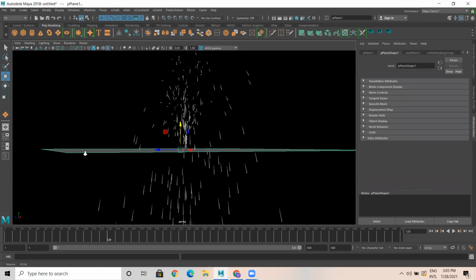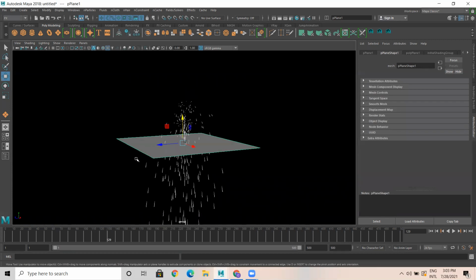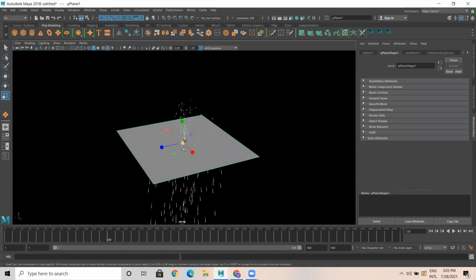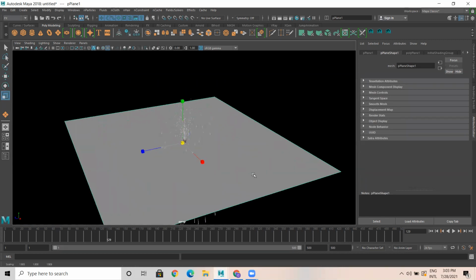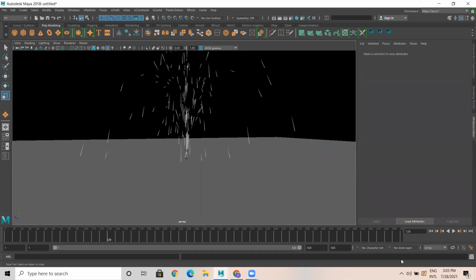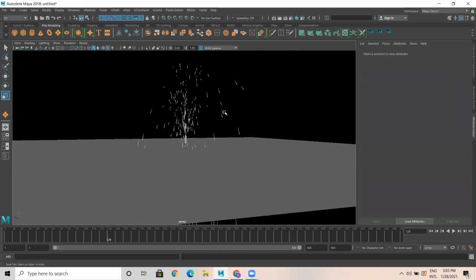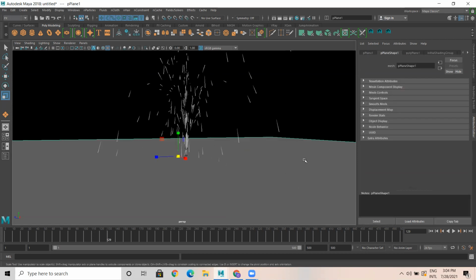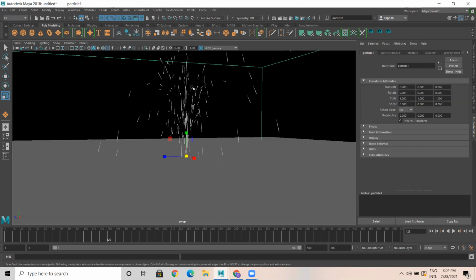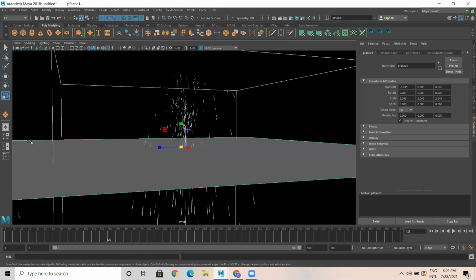So what I want is, when the particle goes up, I want the particle to hit the surface, so I'm going to make this a ground. So observe carefully. First, I need to select the particle. Then I need to select the object, the ground. Okay. First is particle, then the ground.